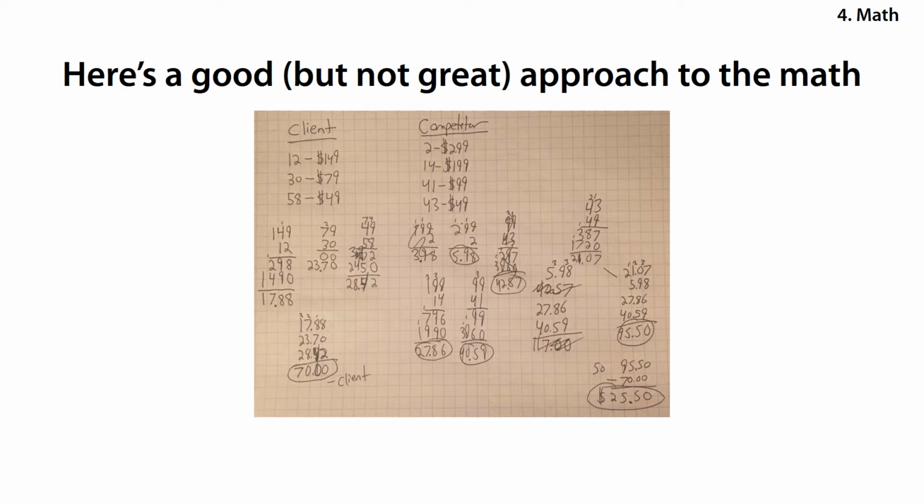Okay, so the client is making $70 on an average revenue per user, and now I need to do the same calculations for the competitor. So, let me start at the top. 299 times 2. Okay, so I was doing the wrong one before. So that's 8, carry the 1, 19, carry the 1, 2, 3. All right, so that's